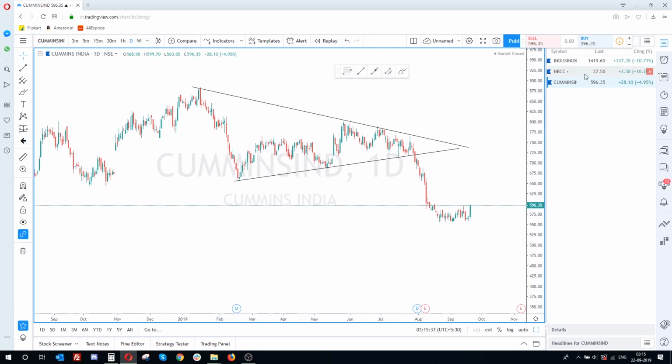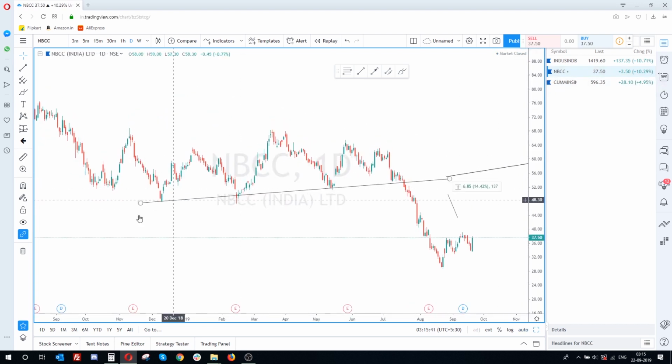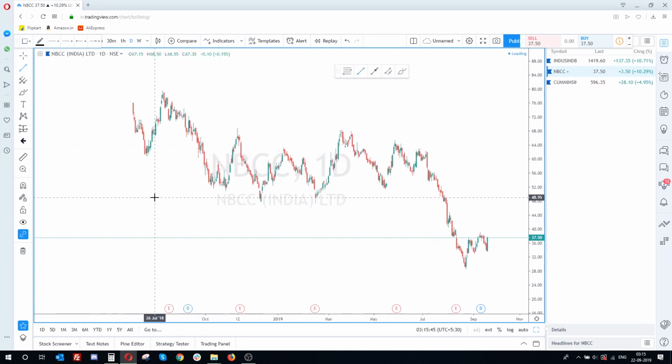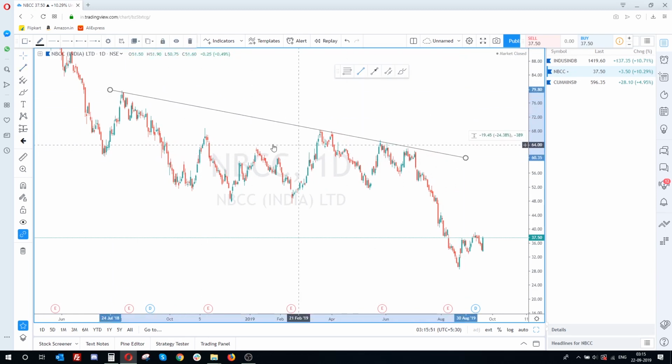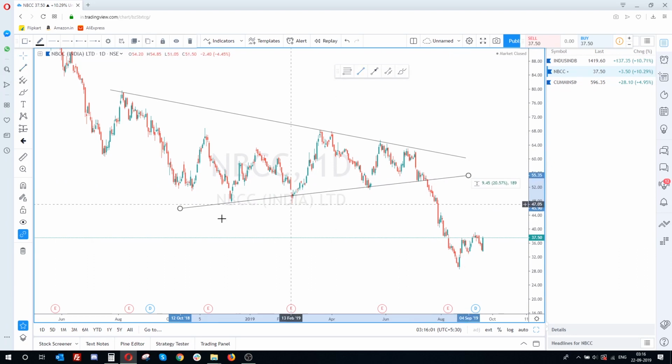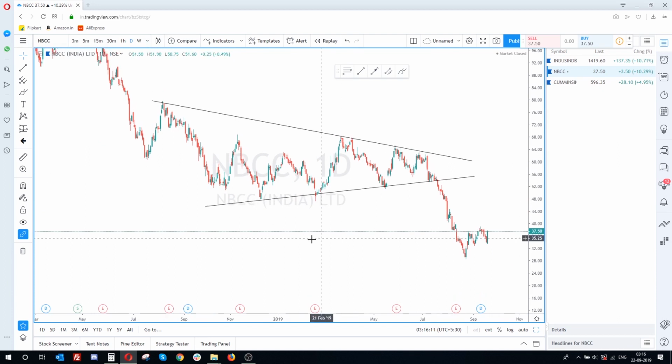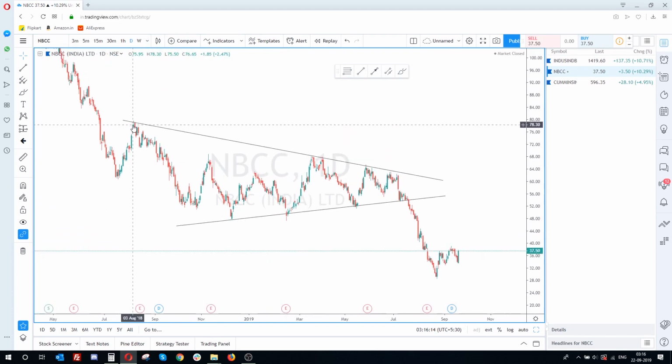Let me just go to the other stocks, and this is NBCC. Let me just connect all the points. I see this at the top, and at the bottom I see this. So at the top we see a resistance. Again, to explain,